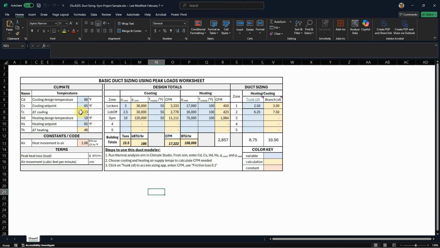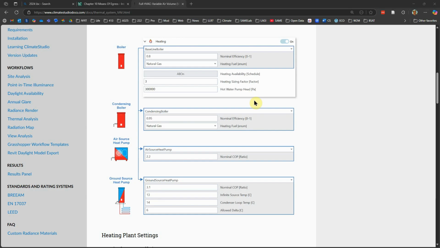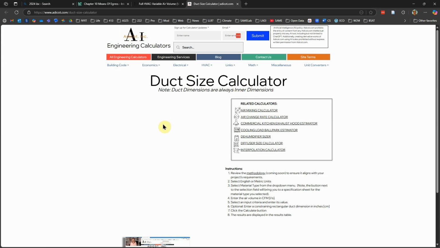We have, which creates a delta T, the difference between the design temperature and the set point temperature is our delta T. These are things you maybe don't need to know, but if you're using this spreadsheet, the blue cells you fill in, the other cells auto-populate with equations. And the point is then we can put in those peak loads from our different zones and determine a peak cooling and heating load in BTUs per hour,